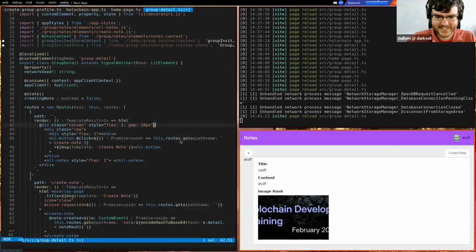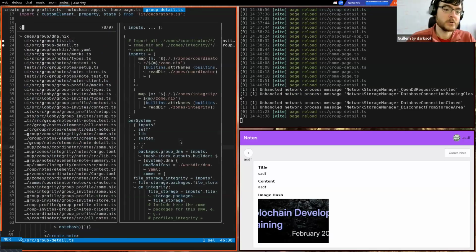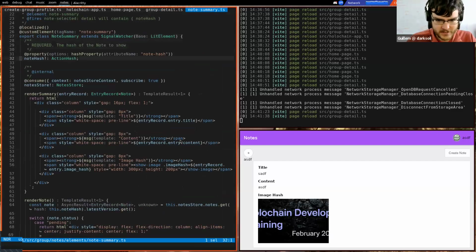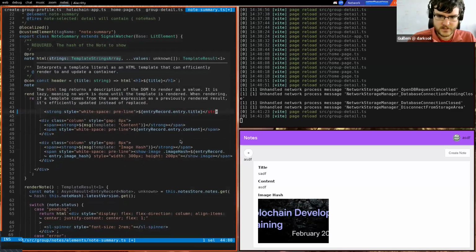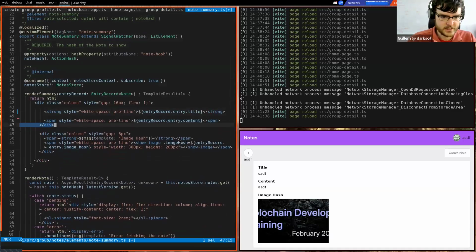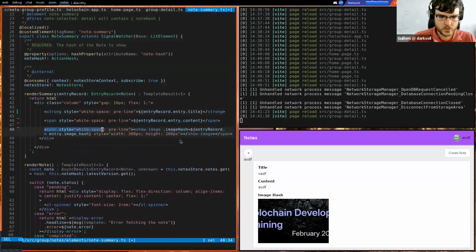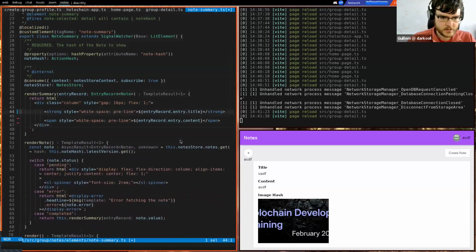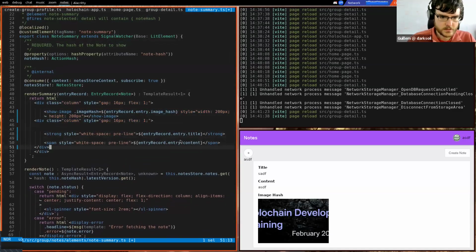So let's add in some gap, and let's go to note summary and tone it down just a tiny bit. Yeah, maybe I like the strong, but please. Okay, let's do it like this, like that, and then maybe there is an image, but the image should probably be like a square at the beginning, and this should be something like,